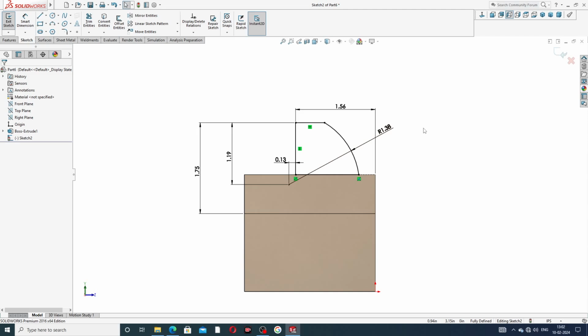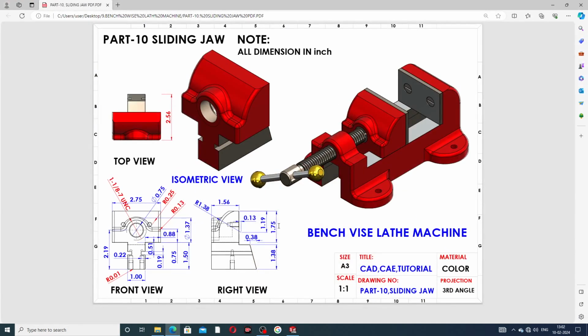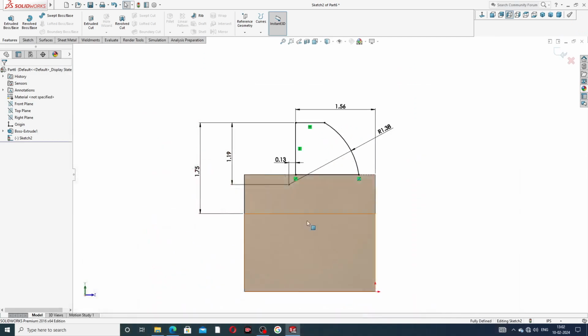All dimensions are perfect: this is 1.75 inch and 1.19 inch. This center is maintained here, and this center is 1.3 inch, and 1.56 inch is this distance, okay, and 1.3 is the radius. All values you can see here, and okay, extrude